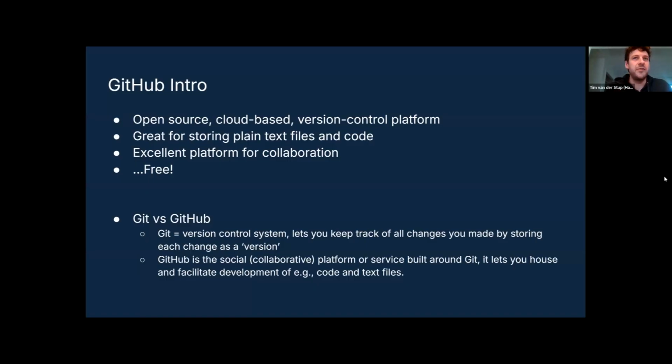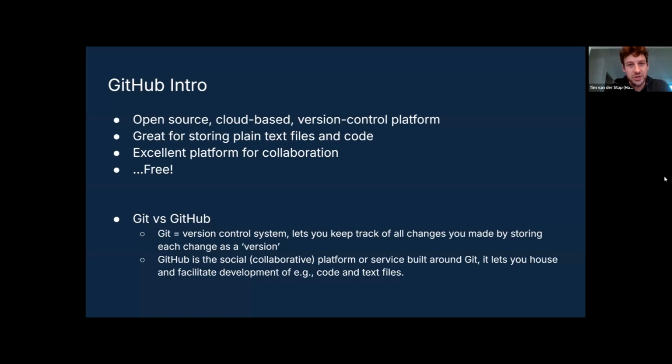I like to think of it in this way, where with Microsoft Word, you have the edit and the undo button. Git does that as well. And it helps create a version for every change that has been made by any member of the project. So in that way, it's a great way to version control your project over time.